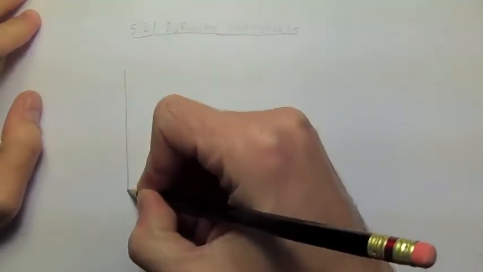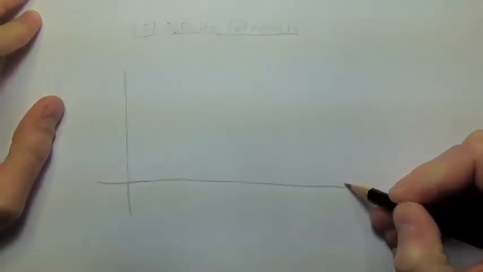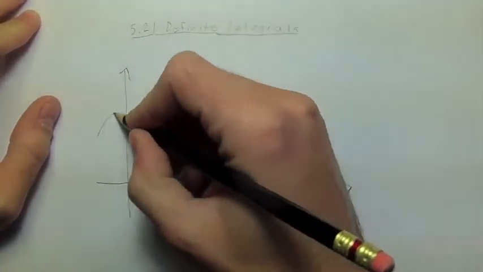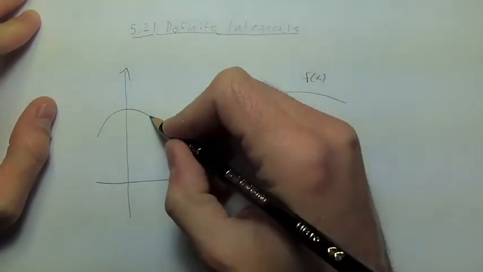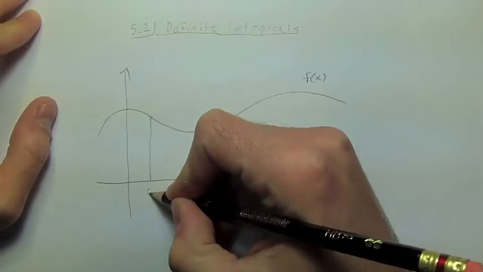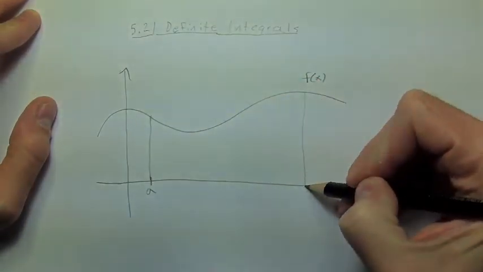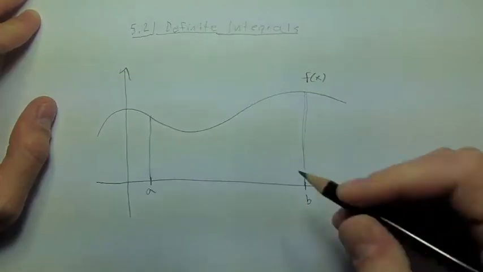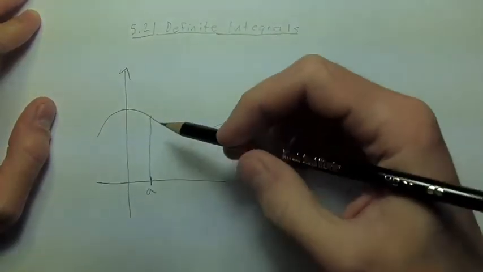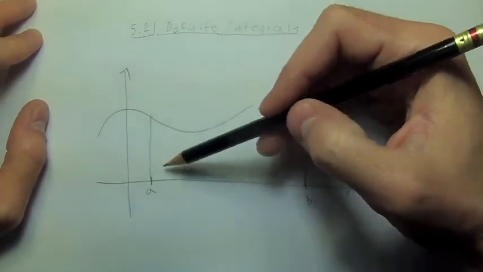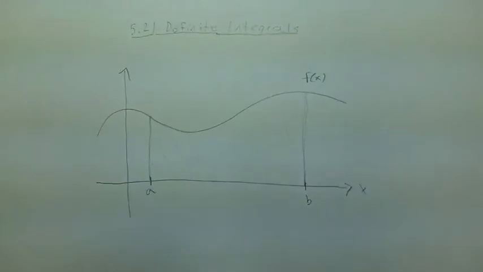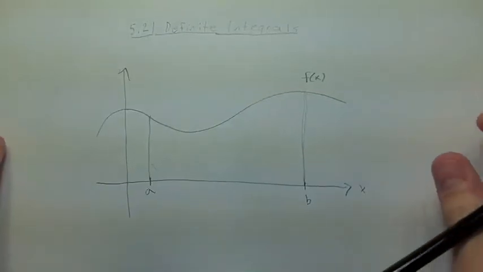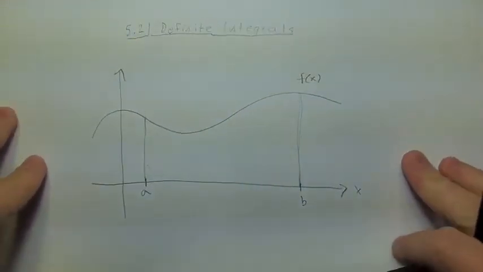Basically, let's say I have this function, I don't know, f of x, maybe it looks like this. Okay. And let's say I want to find the area between the graph of f and the x-axis between A and B. So basically, we want to find this. Okay. So essentially what we do is we split this region, or we are going to use Riemann sums,